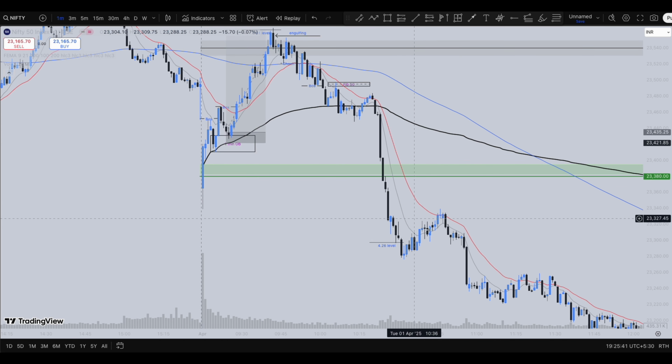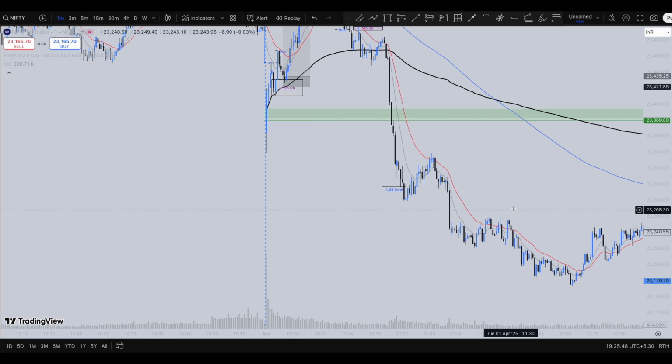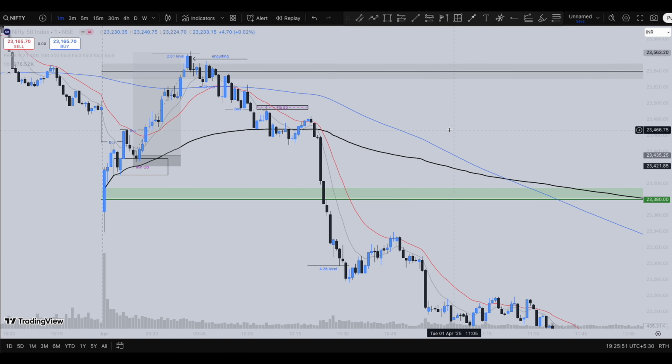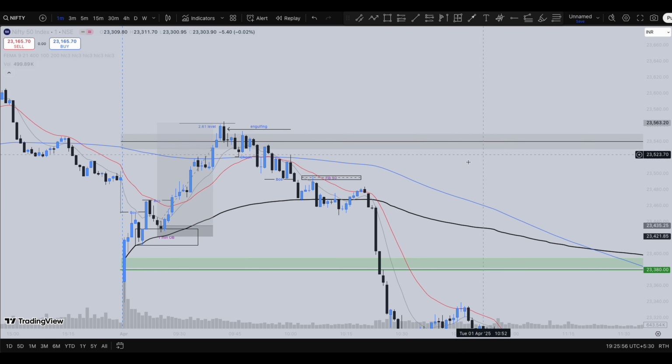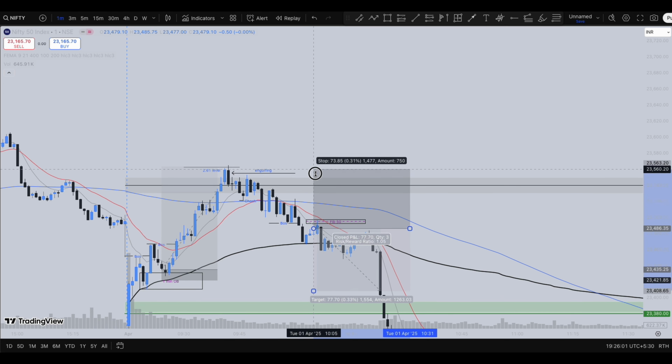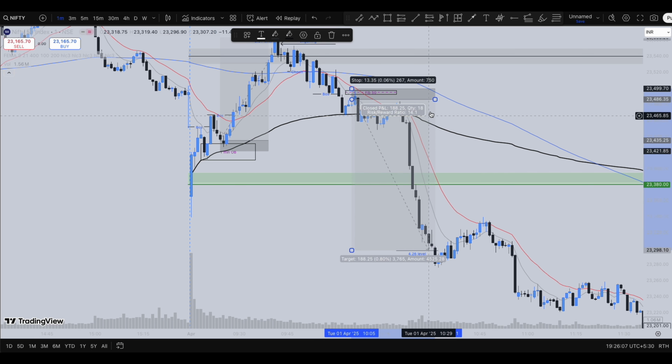or as long as the market is trading below the 9 as well as the 21 moving average. Here, the market tried to break the 21 moving average, but failed, and the market tried to head towards the downside. And you can see clearly how the market rejected price from these levels and continued further. So you could have easily taken a short position here, guys, keeping your stop loss just above this 21 moving average, and you could have targeted all the way to the 4.26 level.